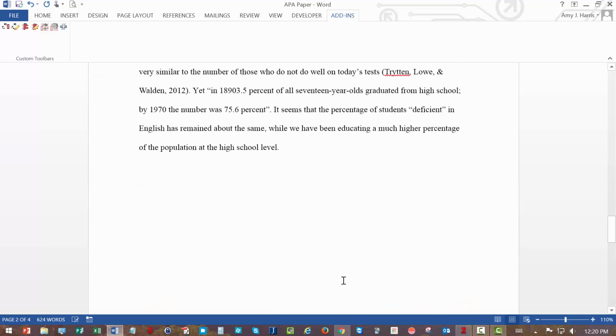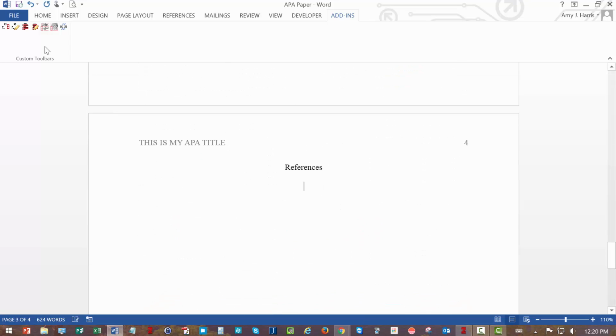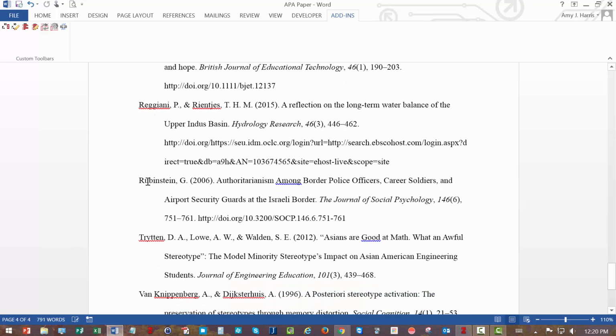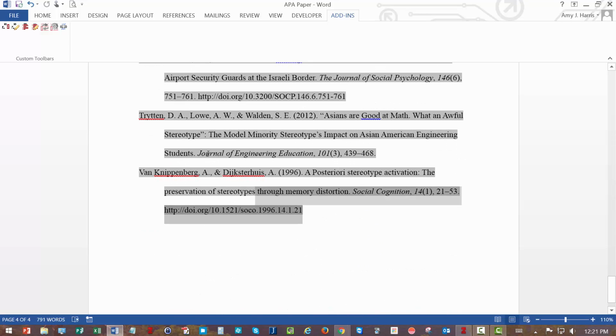All right, now I go down to my references and I say create it from scratch, which is the 3rd icon. Here are many sources, and here's your source. And it seems to have done it right. Notice that it has the title of the journal here and the DOI. Beautiful, right? Okay, but if we take all this out,